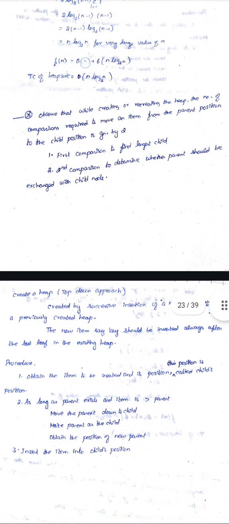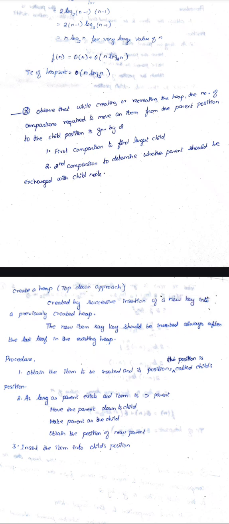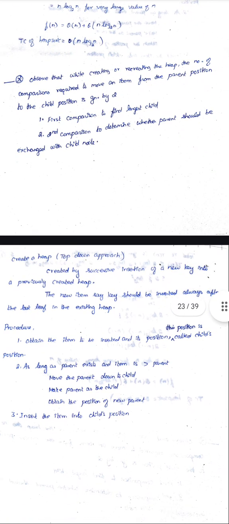Observe that while creating or recreating the heap, the number of comparisons required to move an item from parent position to the child position is given by: the first comparison is to find the largest child. The second comparison is to determine whether the parent should be exchanged with the child node or not. Then create a heap